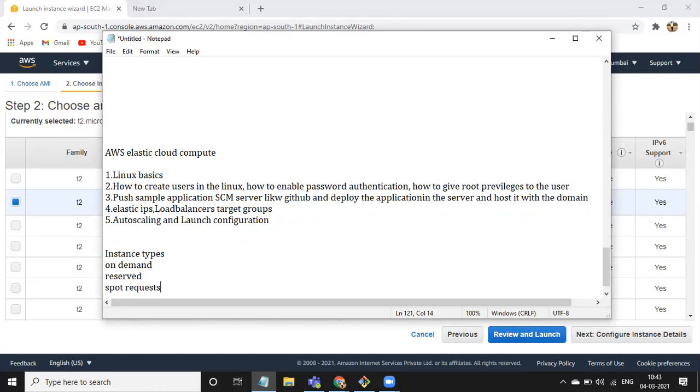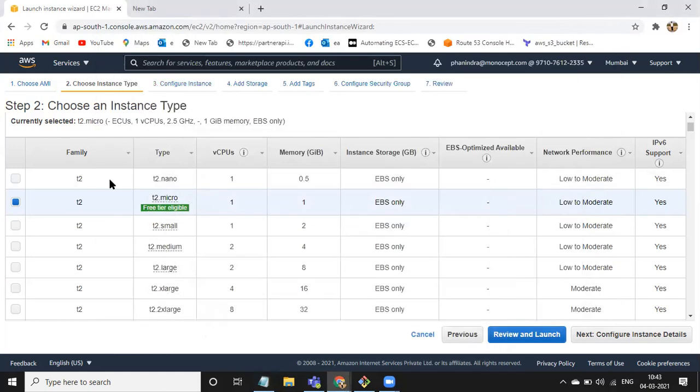In an interview they will ask you a question: how many types of instances are there? What are the instance types? What will you say? We have on-demand, we have reserved, we have spot requests. The instances which we are launching now are called on-demand instances, and for these instances the billing will be on an hourly basis.